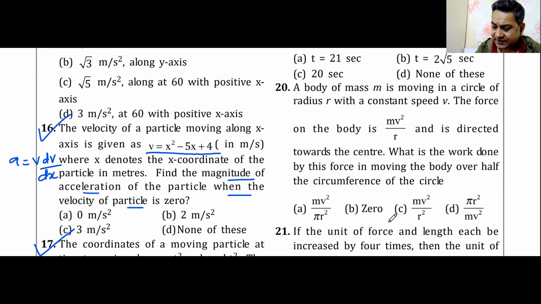Question number 20 is a pretty standard one. Remember, whether it's a paper of JEE Main or JEE Advanced, there will be questions which would be scoring, which would be straight away answers. You know the answer, you have to tick them. So my paper will always have those questions which would be simpler. Now, why I give simpler questions and why I can make the toughest paper in the entire universe.